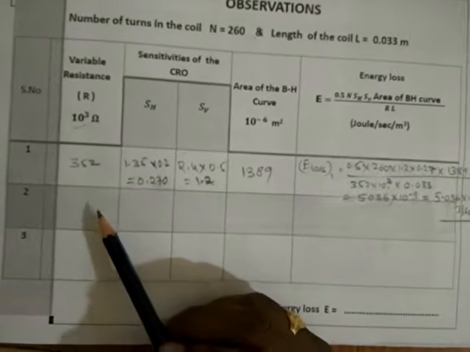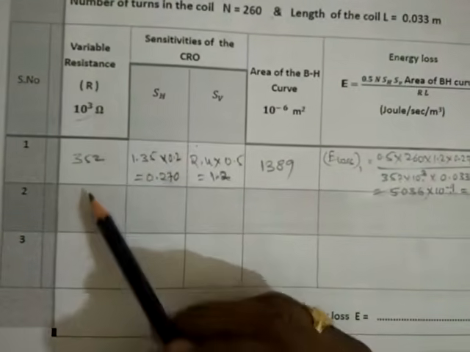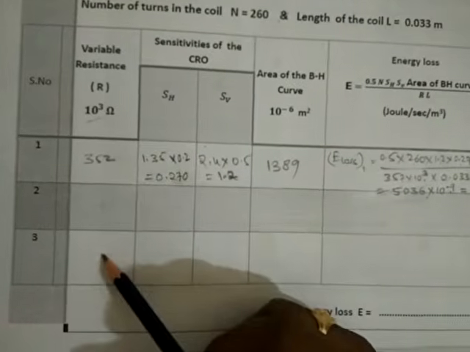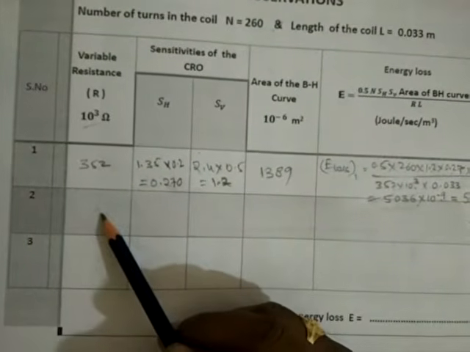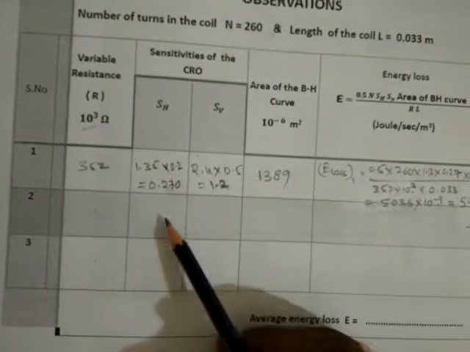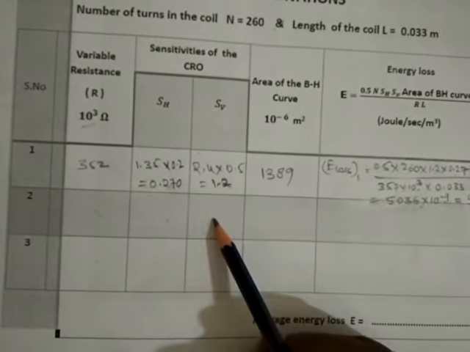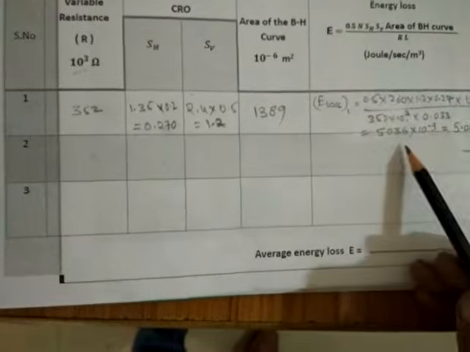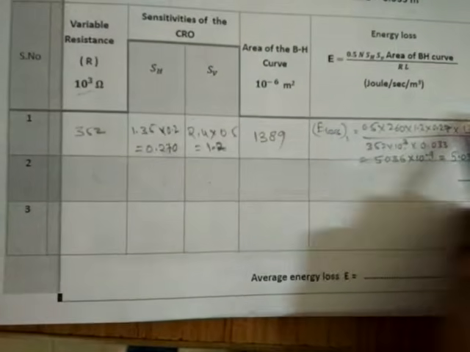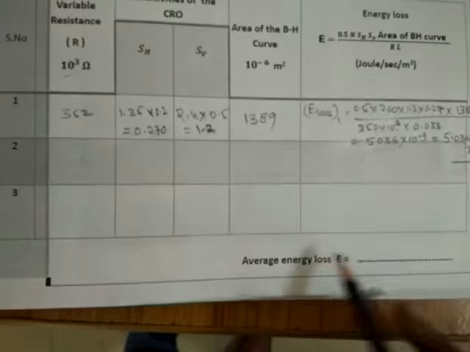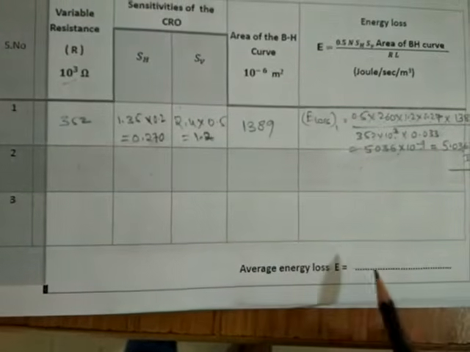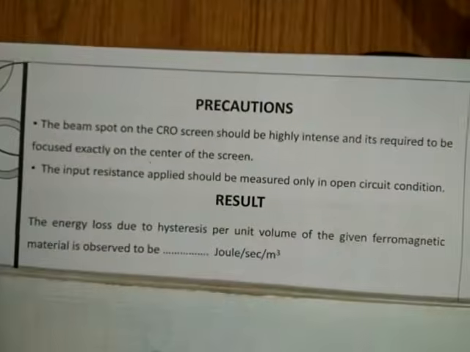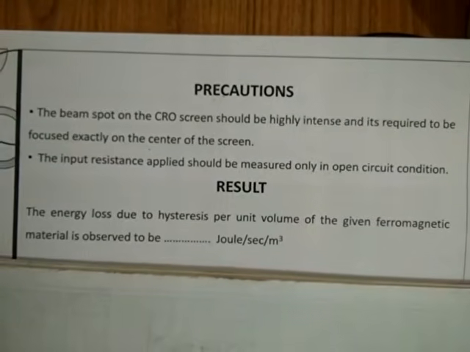Repeat the same procedure for any two other values of resistance, and for each resistance find out the horizontal sensitivity, vertical sensitivity, area of the loop and energy loss. And after that, find the average energy loss and represent it here. The precautions for the experiment are: